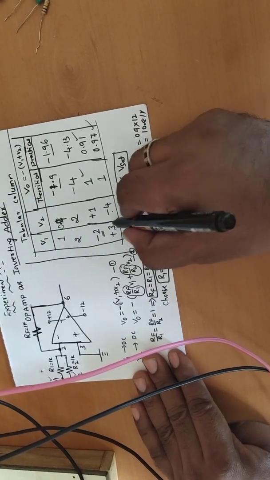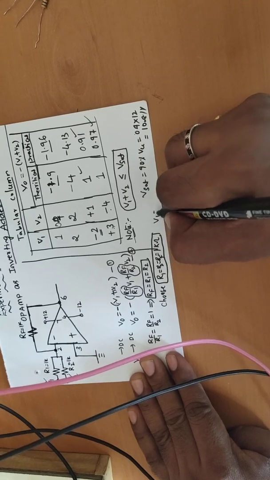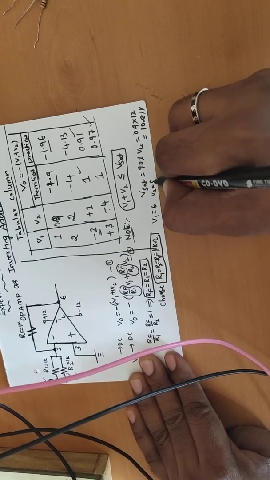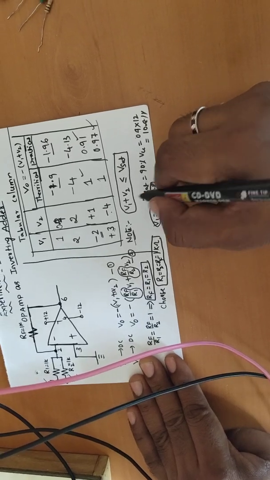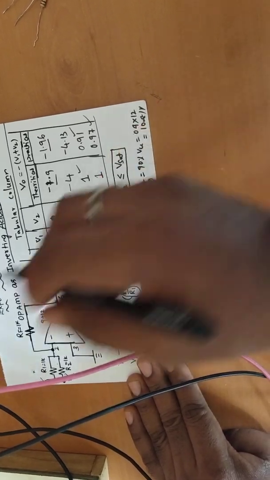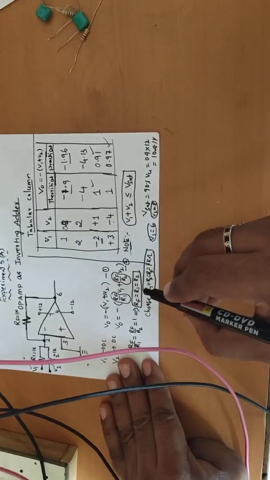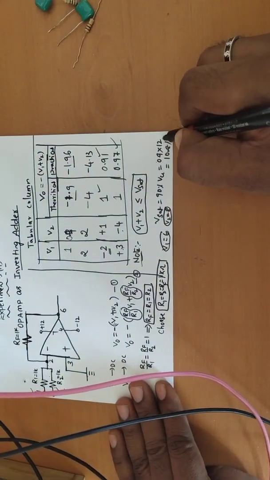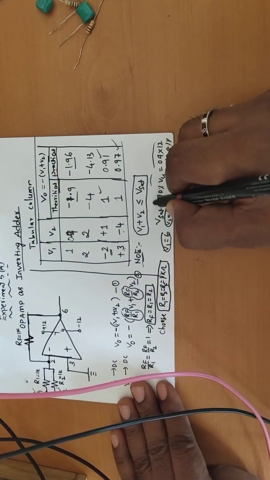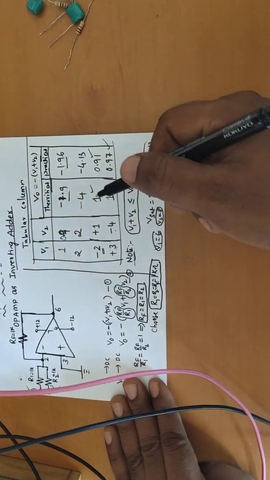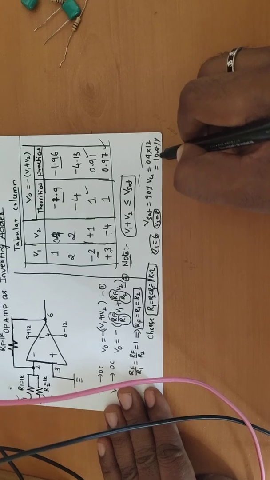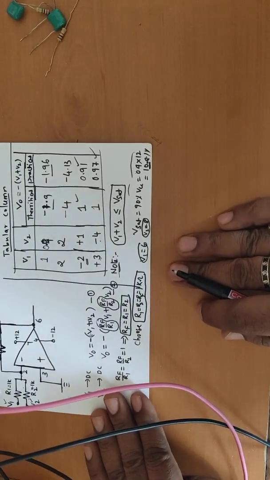That means if I give V1 as 6 and V2 as 8, the sum is 6 plus 8, which is 14, with a minus sign, minus 14, and that we cannot get from the op-amp. So we should note that the op-amp maximum voltage will be 90% of VCC. You have to keep the sum of these two voltages, whether positive or negative, lesser than or equal to the V saturation of the op-amp.